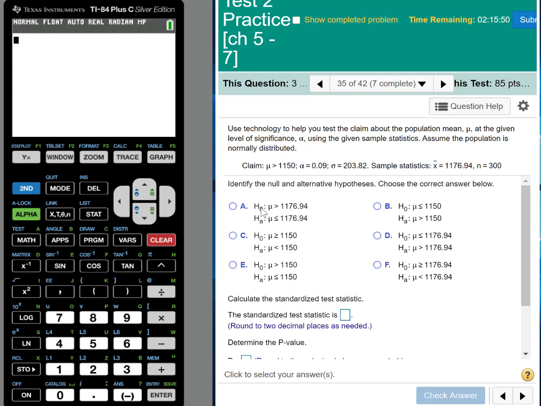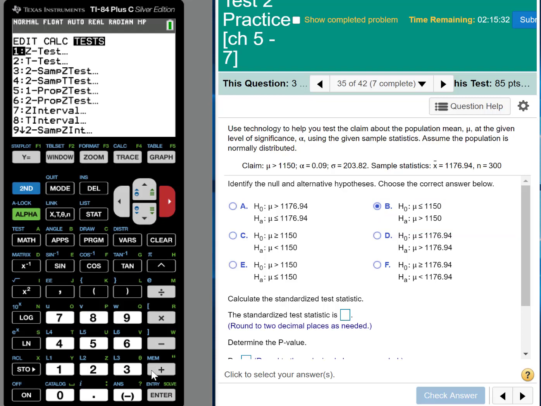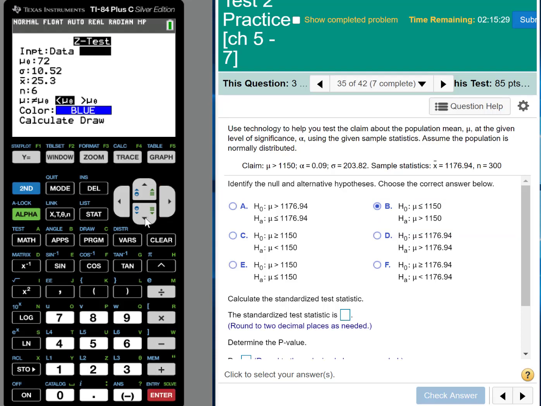What are the null and the alternative hypothesis? If this is a greater than claim, the null will be less than or equal to 1150, this one. Okay, so let's do the calculator now. Stat, tests, first test, Z test. You see mu0, we're testing against 1150. Sigma, you see there is a prompt to enter sigma here, not S,